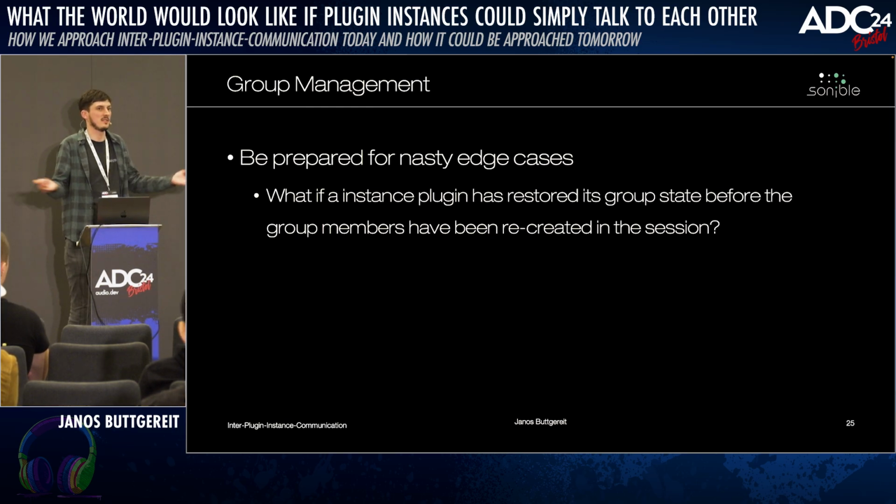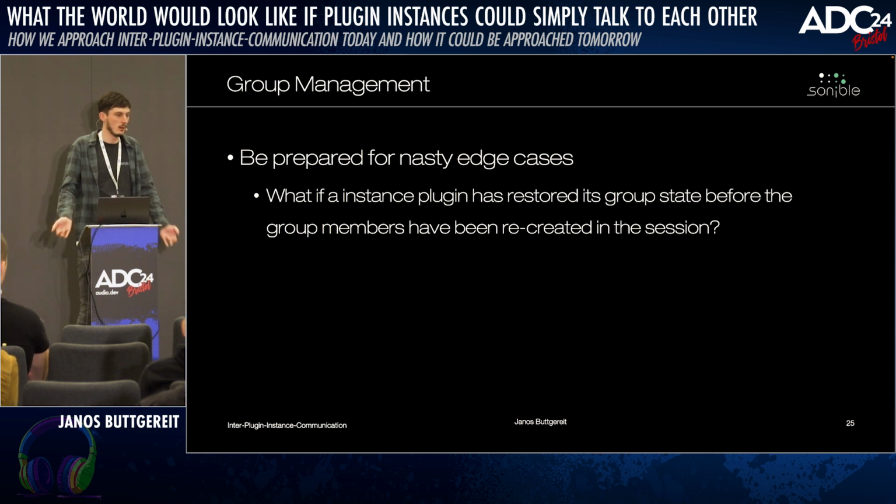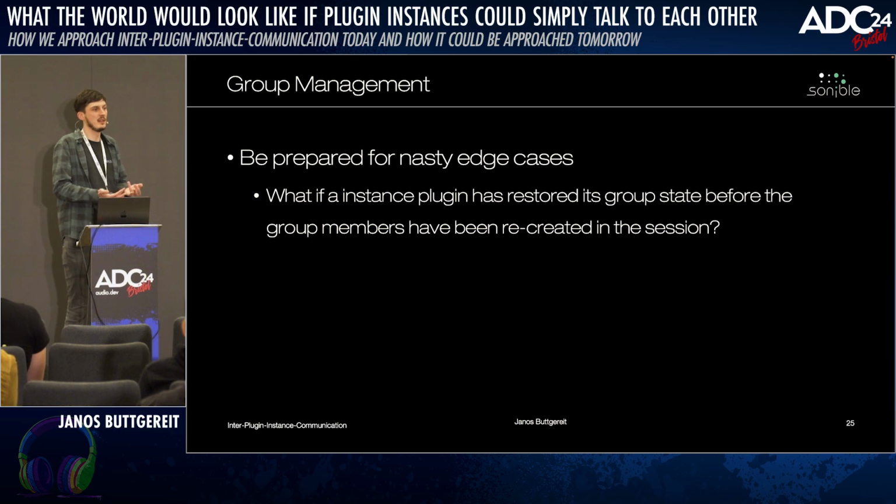So what we do is just store the group state in every plugin state. And now if we restore the whole session, one plugin state will be restored after the other. So the first plugin that comes up does not see all the other instances it has in its group. So we need to wait a bit if they will come up later and then try again. This kind of works, it actually works quite well. It's quite a bit of overhead and a small phase where everything will try to connect to each other and try to find each other, and eventually this will lead to a stable state.